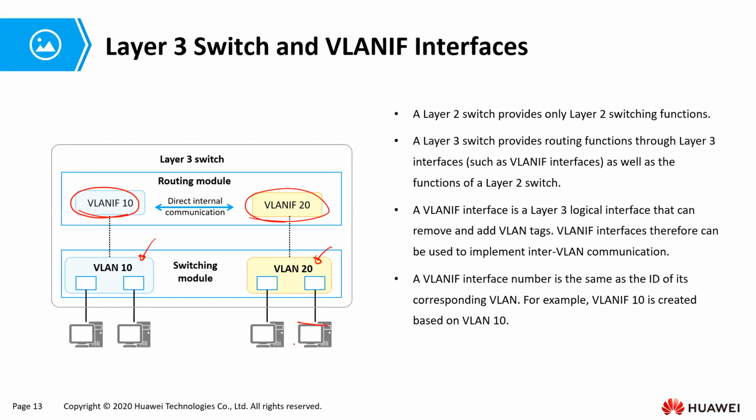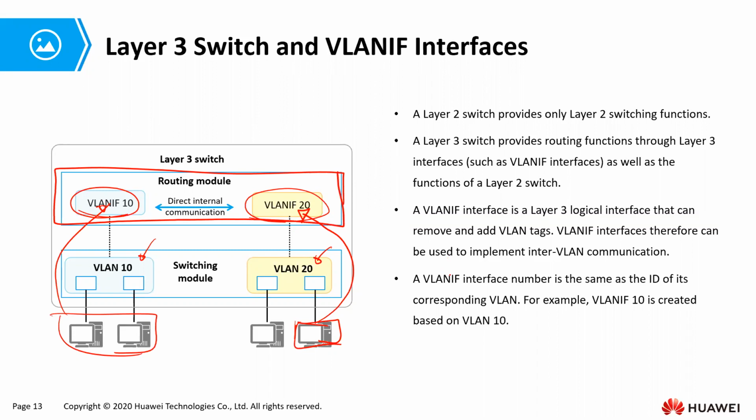Now, traffic from hosts in VLAN 20 will go to the default gateway of VLANIF 20, and traffic from hosts in VLAN 10 will go to the default gateway of VLANIF 10. Now, the routing will happen at the virtual layer of the layer 3 switch. Does this make sense? Yes. Okay, and then of course, if it came from there, it will come back there and get untagged or tagged, depending on the requirement.